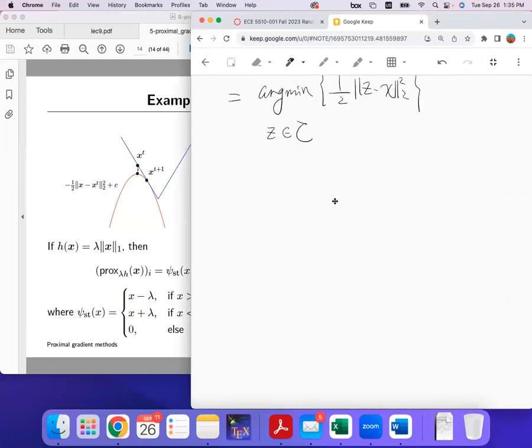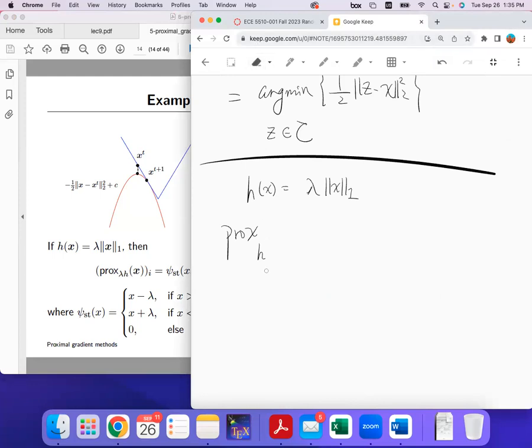So let me make things clear here. H is this one. Then we are looking at the proximal operator of H. Specifically it's lambda times the L1 norm. The proximal operator associated with this function, lambda times the L1 norm,